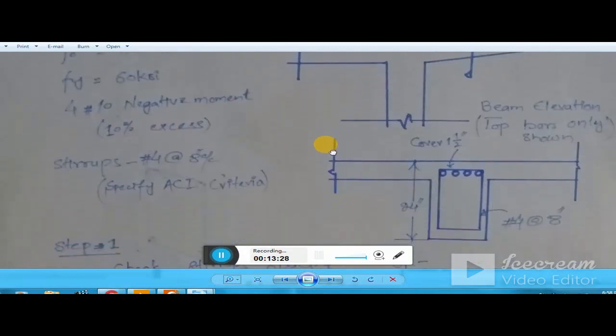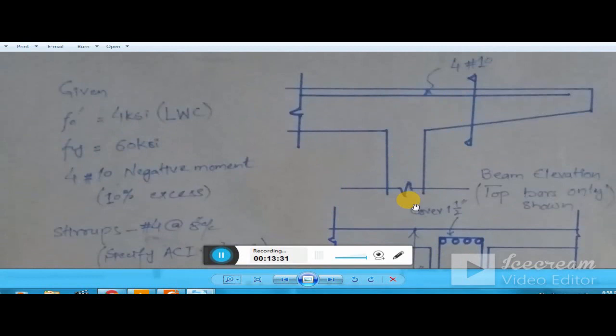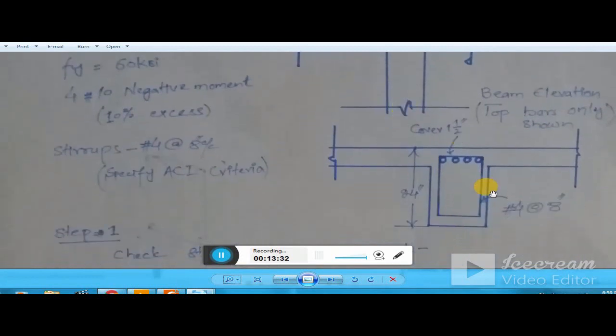You see the beam, this is the beam elevation and this is the beam section. You see the top bars, clear? Four top bars, only the top bars are shown here. The cover is 1.5 inch, and the depth of the beam is 24 inch. The stirrups are number 4 at the rate of 8 inch center to center. Stirrups you see here,